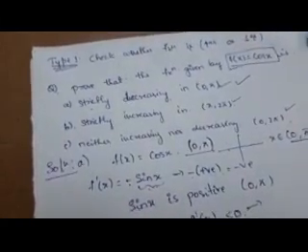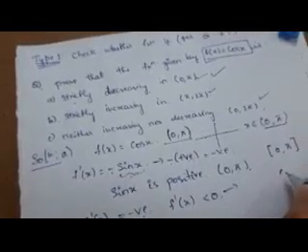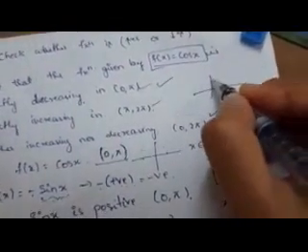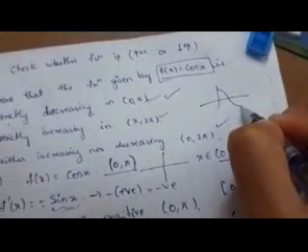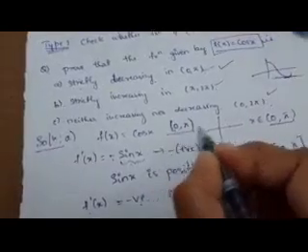We didn't consider the closed interval 0 to pi. Suppose we had considered the closed interval 0 to pi, what happens here? The cos function graph looks like this. If we consider the closed interval, at pi what happens? We get a tangent which is parallel to the x-axis. So that's why it is an open interval, not a closed interval. From 0 to pi, whatever value you get is always strictly less than 0, so f dash x is also strictly less than 0. The function is strictly decreasing. So the first thing is proved.